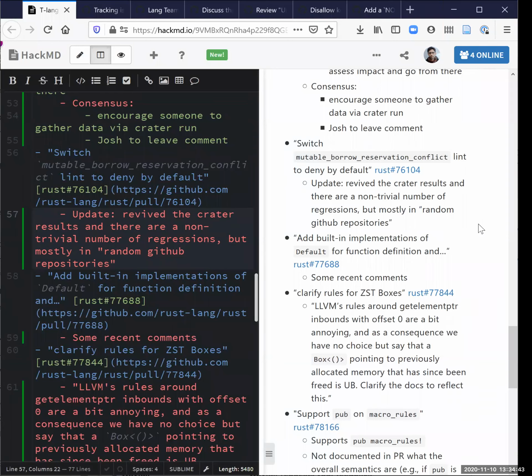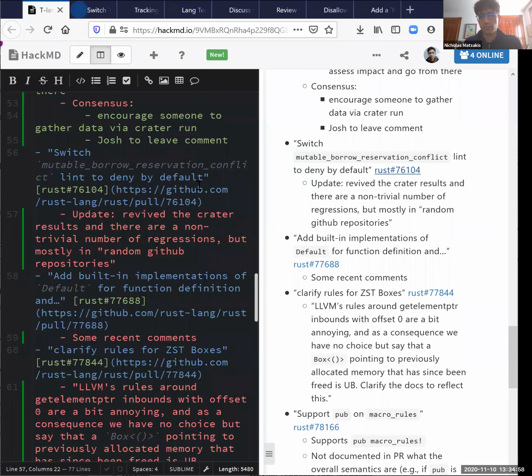But they're in random GitHub repositories and crates.io. So, yeah. I'm going to move us on though, but I think we should return to this.